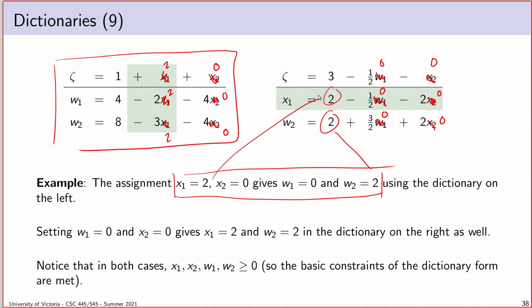So these are the same, really. These two dictionaries describe exactly the same thing. I can prove it because if I plug in numbers, I'll get the same numbers both ways. I'm just getting them by doing a different sequence of operations. Notice also that in both cases, I have met all of the criteria of those non-negativity constraints, just sort of